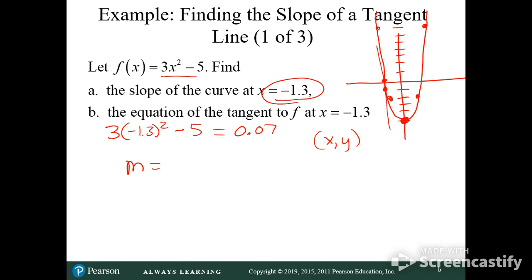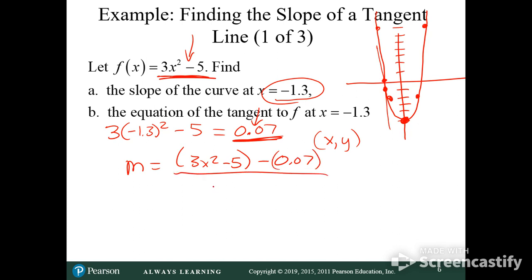So my y2, let's say, is this, 0.07. Well, let's just go it this way. y2 minus y1. So 3x squared minus 5 minus 0.07 over x2 minus x1, which is x minus a negative